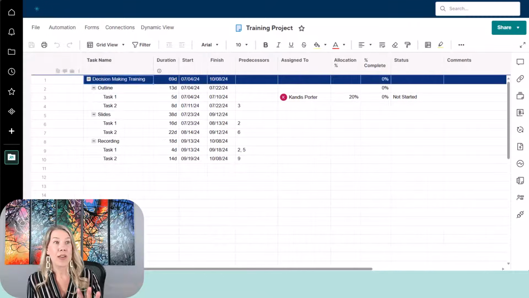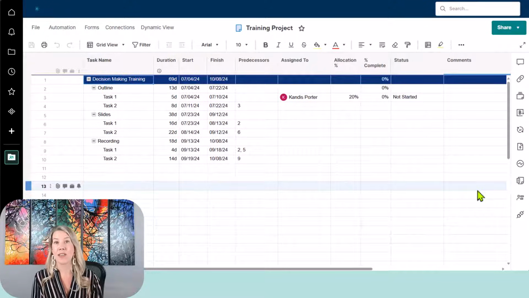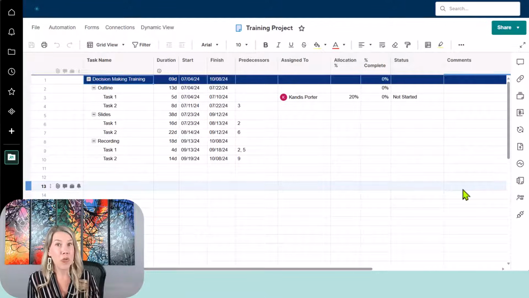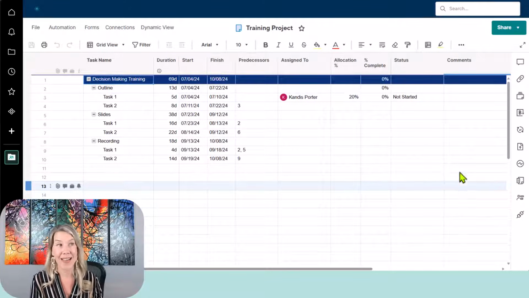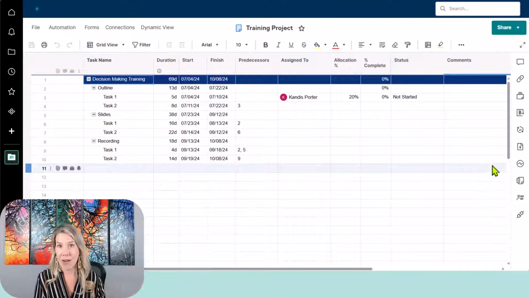I am not going to go into too many details on this because there's an entirely separate video on using Smartsheet for managing your projects where we do go into a lot of details. What I do want to point out that we didn't go through in the previous task list is the parent-child